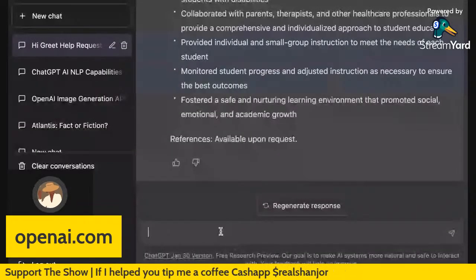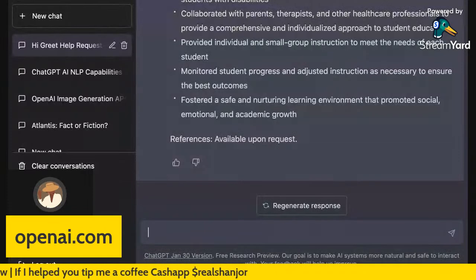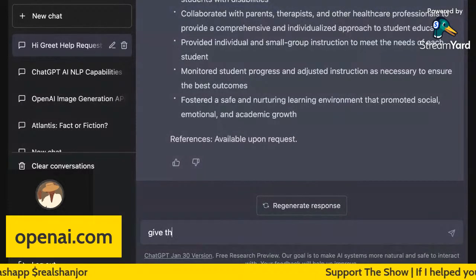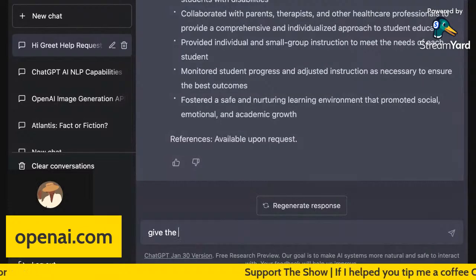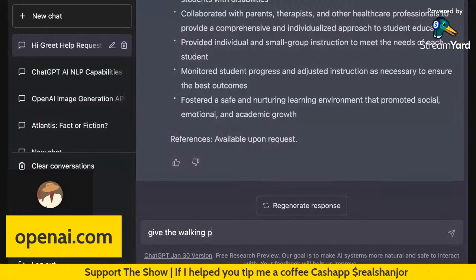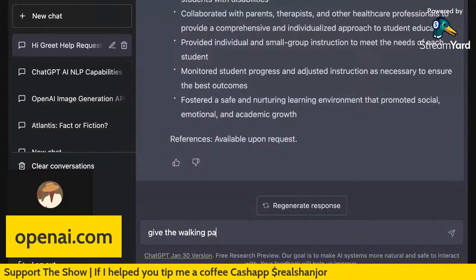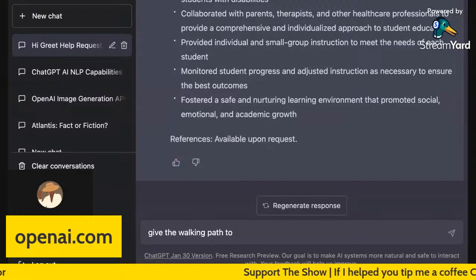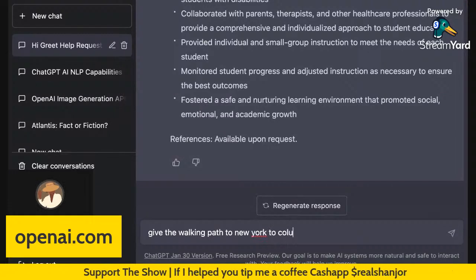Okay, I'm gonna ask, hey AI, give me the walking path. A walking path from New York. Okay, I'm gonna assume you mean Columbia, South Carolina. So from New York to Columbia.